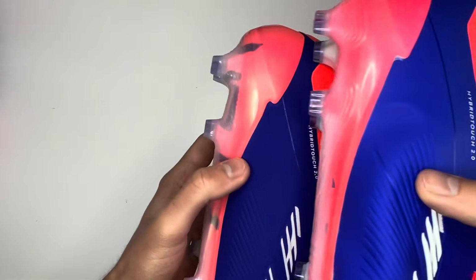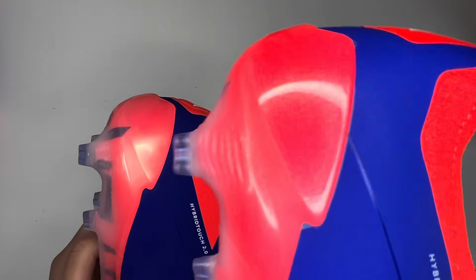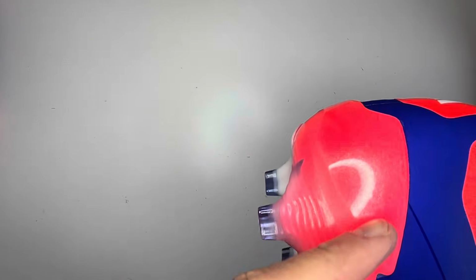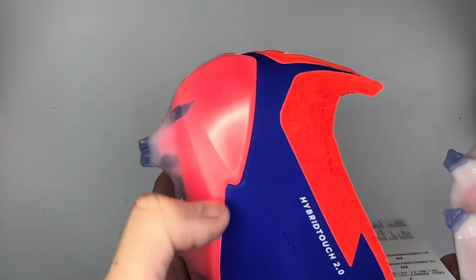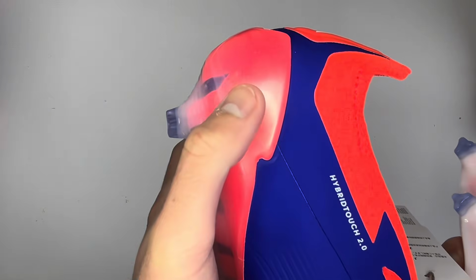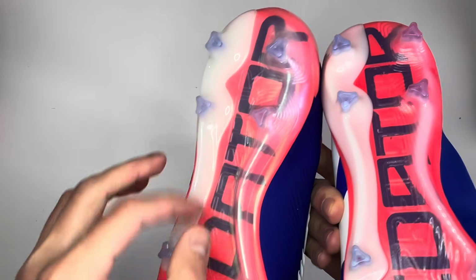However, something I did notice is if we get these pieces of plastic up on here, on the fake one here, you'll see that this plastic is a lot more shiny and has these small silver dots in between. So just a different material to the one that's used on the real pair, because on the real pair it's just plain clear plastic with the red bit behind, but no real shine to it as you see on the fake pair. Also, the Predator text along the sole is a lot bigger on the real pair, and you'll see